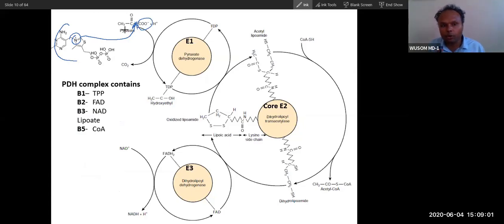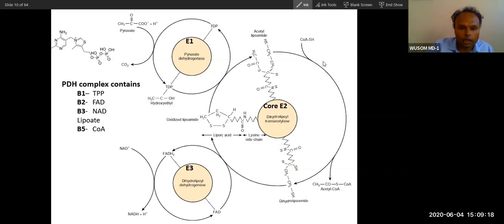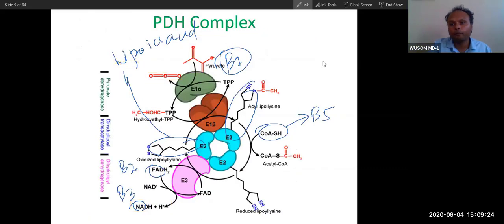You don't have to go into detail. I just told you to have a concept. Because of this positive charge, it will attack here and break this bond. So this is the chopping effect. Vitamin B1 has a chopping effect. Anyway, we will talk about vitamin B1 at one more place. But remember vitamin B1 here. So did you understand this?